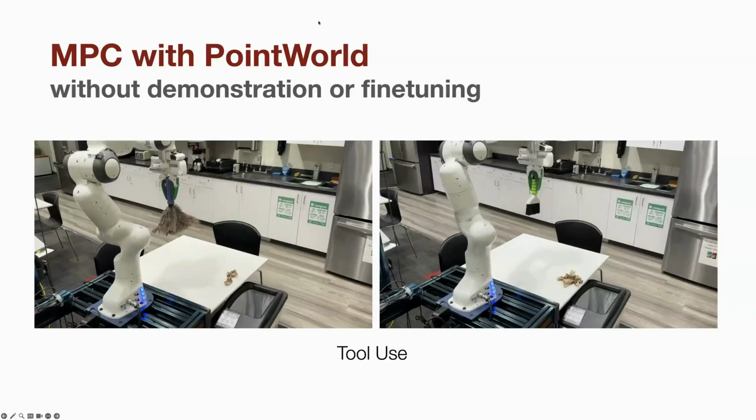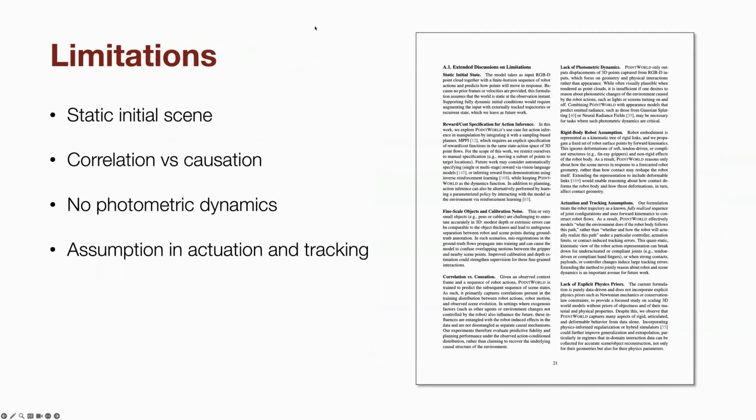So this, of course, also has a lot of limitations that we want to call for research. For example, here we're assuming that it's a static scene to begin with, and what the model really captures is more like correlation rather than causation. What we found when examining the cases is that the model predicts some things that are also moving in the background. For example, a person walking by in the data when the action is doing something, and that's random and not really caused by the robot.